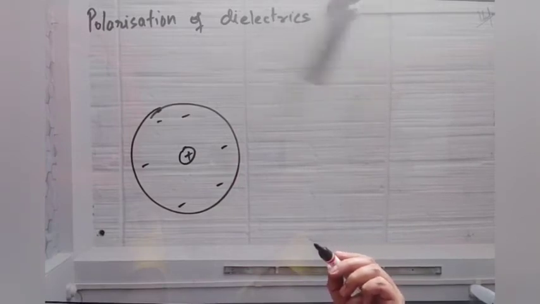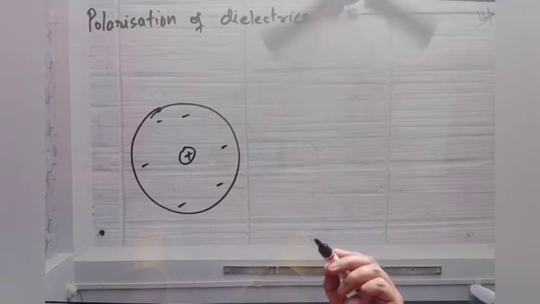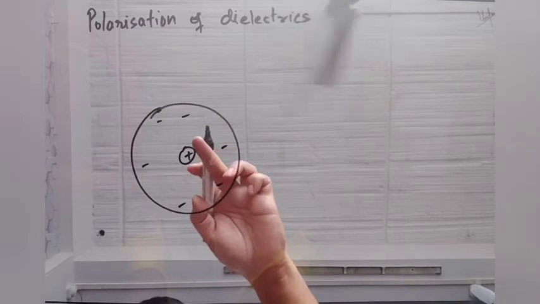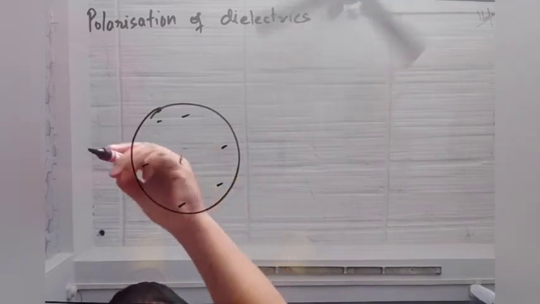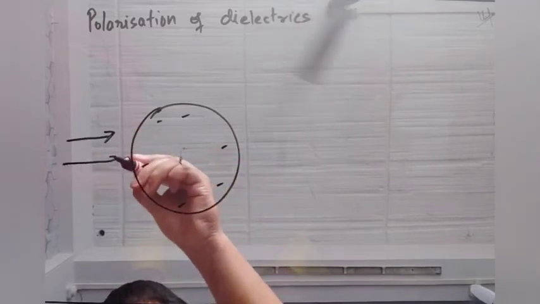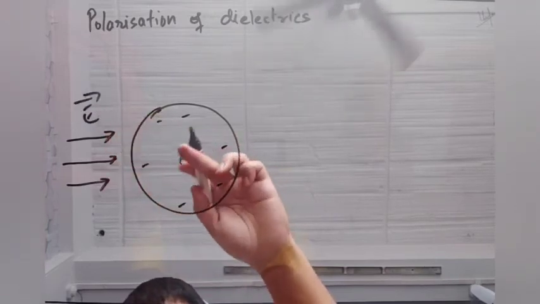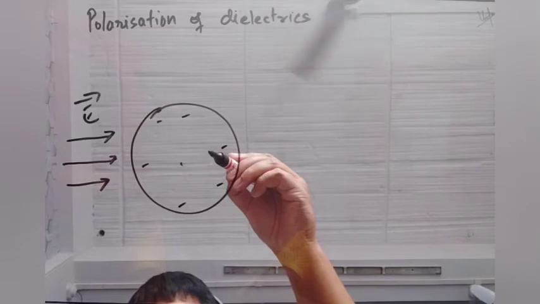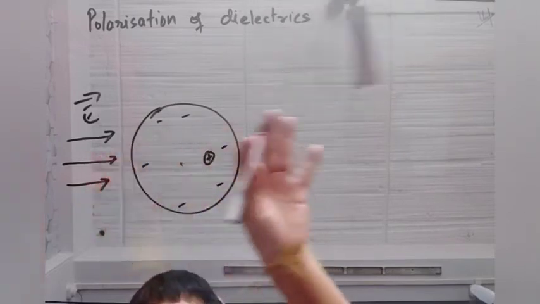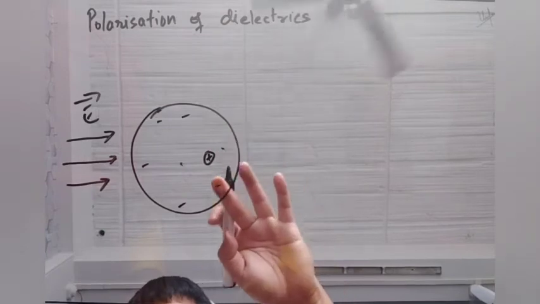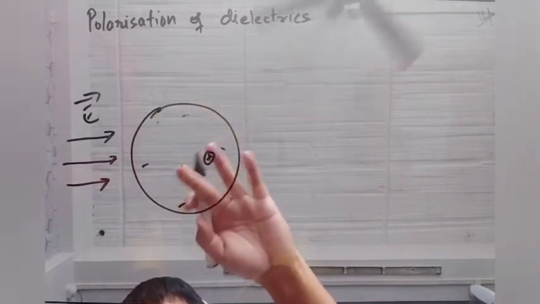When a non-polar atom is subjected to an electric field, the positive charge nucleus gets pulled. See, if this is the direction of electric field, it is pulled along the direction of electric field, and negative charges are